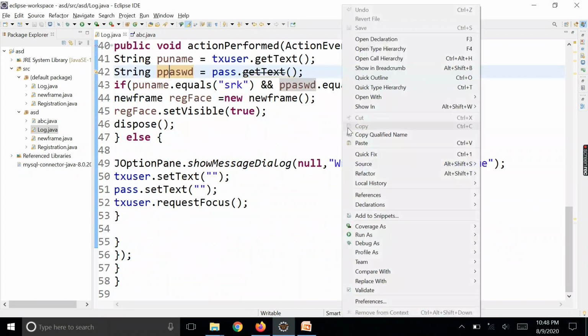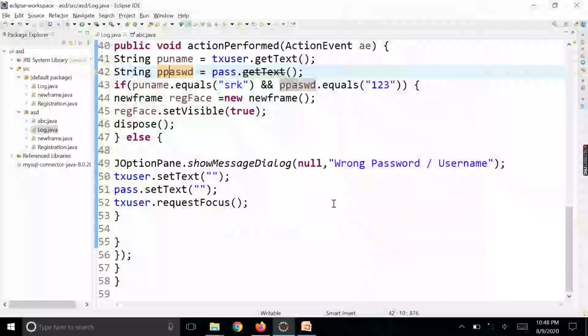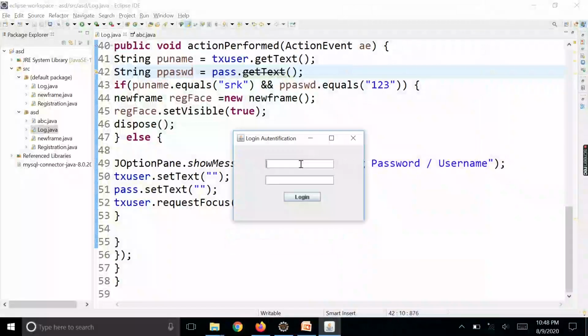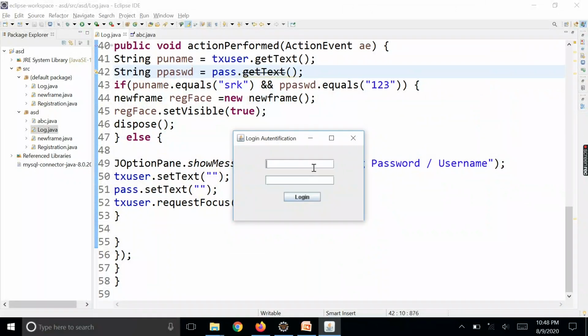So I'll just quickly run this. Run as. Here I have not added the label, so I can put something wrong. So it says wrong username and password, which is the else condition.